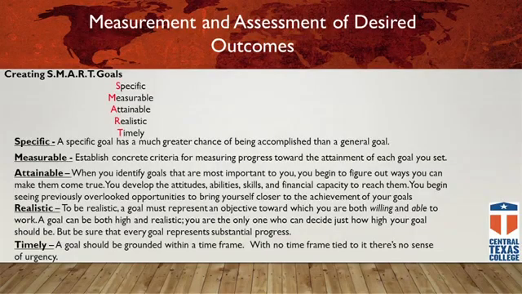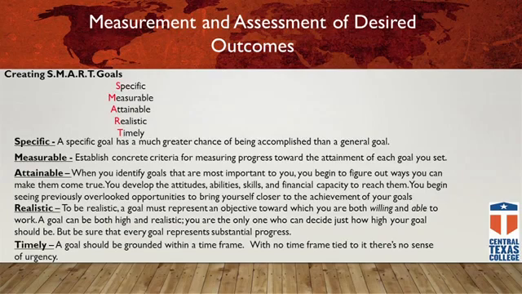Before we get into how to actually enter it into TaskStream, I want to talk a little bit about outcomes and measurable outcomes. And one of the popular acronyms that's used to do this is the SMART acronym. Okay? That's to make sure that the outcome that you're choosing is specific enough in order for you to be able to measure it. That there's some way for you to be able to measure it. That could be a direct measure. It could be an indirect measure via surveys and things like that. That's all going to be up to you.